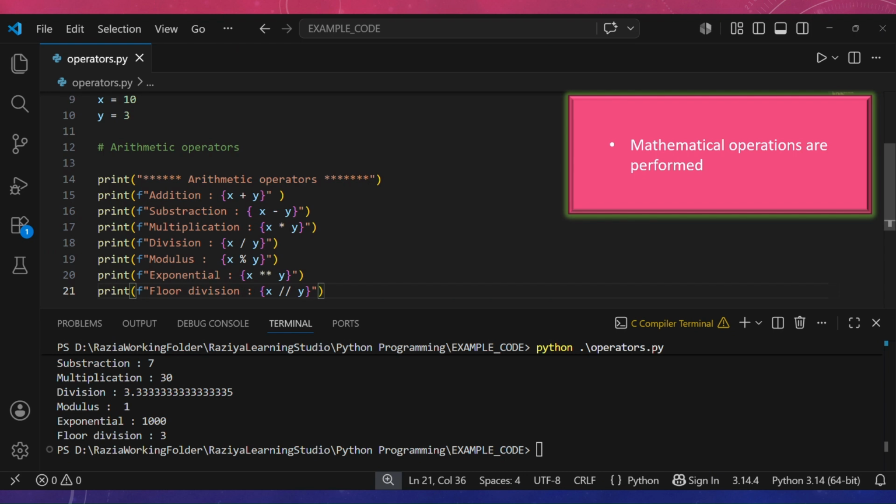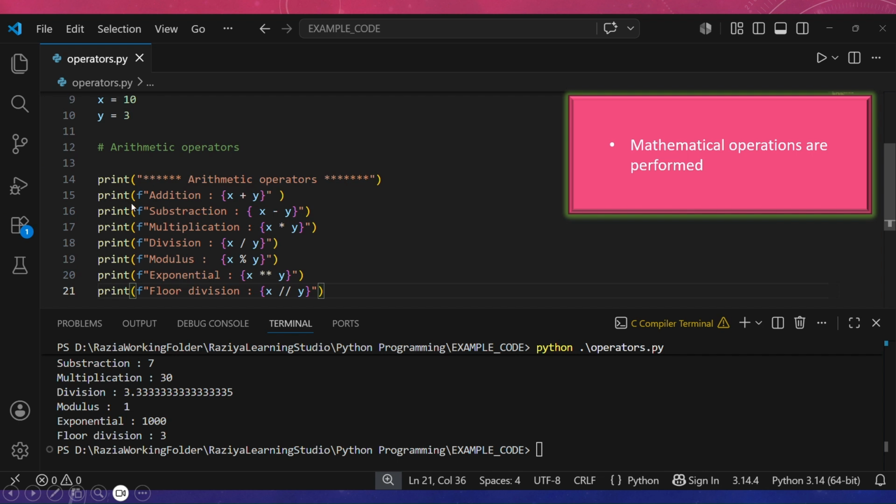Next, here I have taken an example to show you how things work. In Visual Studio, I have created this example. This is a variable x. We are assigning a value 10 to this x. As I have told you how to visualize things, take a box, label it as x, and put 10 in that. Second box, label it y, put 3 in that. Now, here we have called the print function. We have seen print and input functions in the earlier videos, so I suppose you are comfortable with this by now.